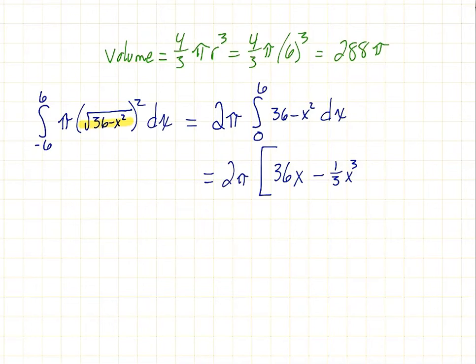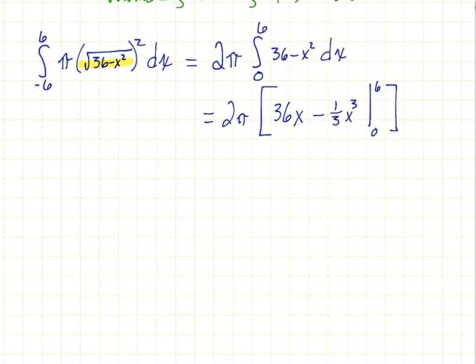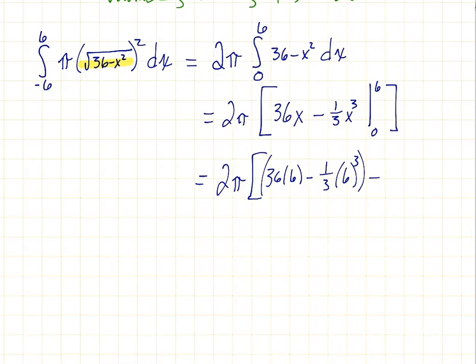And we're doing this from 0 to 6. Which is equal to 2 pi times 36 times 6 minus 1/3 of 6 cubed, right? All of that is the upper bound minus the lower bound, where we plug in 0 for x, and both terms end up being 0,